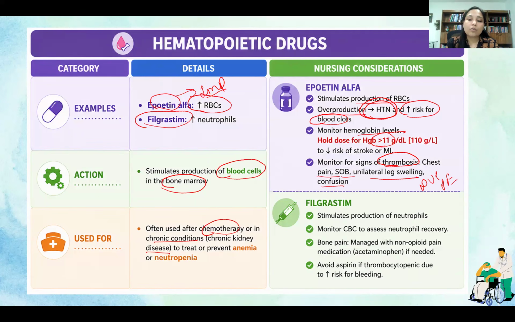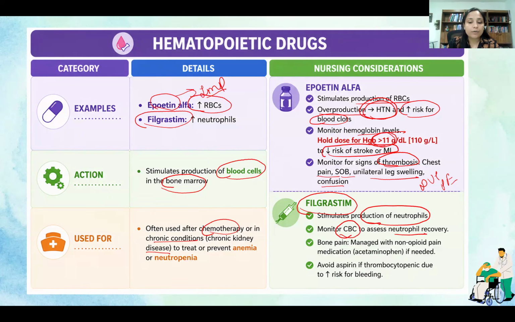Okay, if a patient has more than 11, you need to hold. Why? Because that's how you can protect the patient from stroke or myocardial infarction. Okay, so the selected side effects that you need to remember are high blood pressure and increased risk of blood clots. So you need to monitor the patient for DVT and pulmonary emboli, and hold the dose if the patient's hemoglobin is more than 11. Okay, another one is filgrastim that stimulates the production of neutrophils, and monitor the CBC to assess